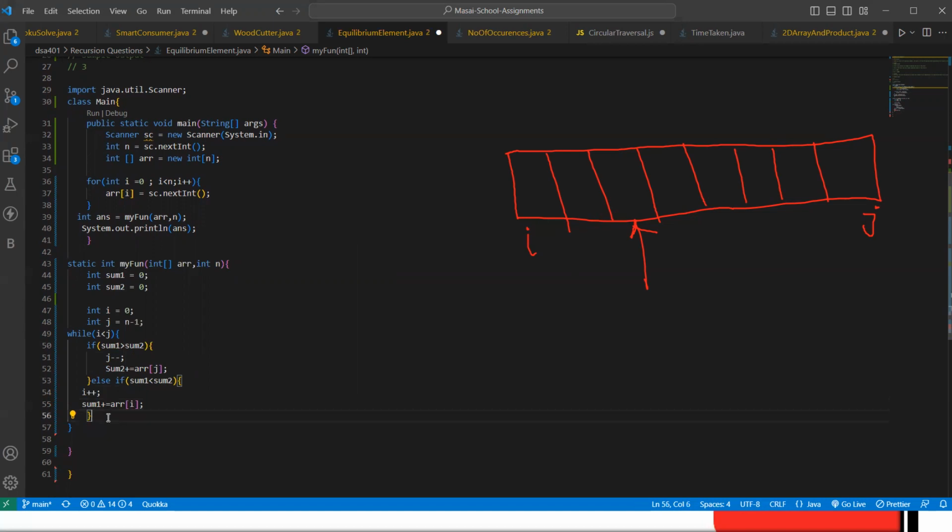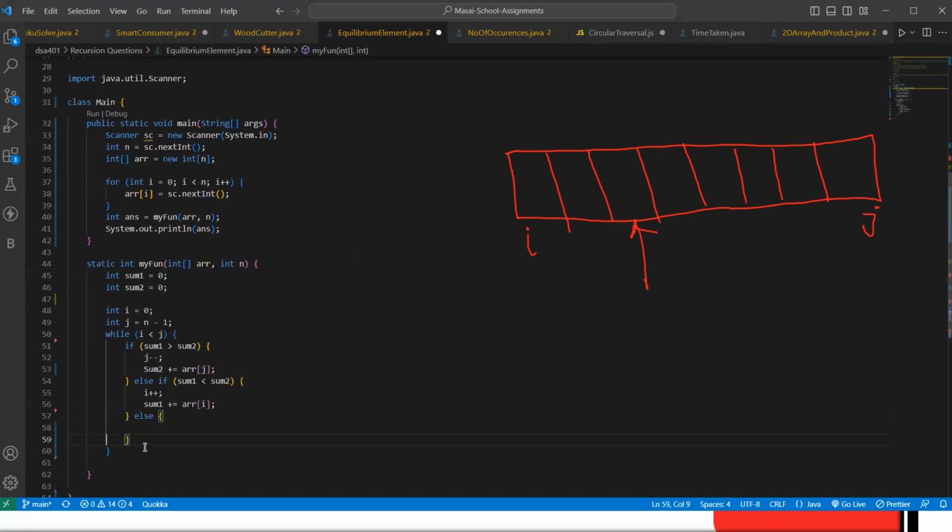After that, there is one else condition, for the case where our left sum and right sum are equal. This is the case at the first time, where sum1 and sum2 may be equal or may not be equal. sum1 can be greater than sum2 and sum2 can be greater than sum1. This case may happen when we add this value and this value in sum1 and sum2, then both sum1 and sum2 are equal. At that time we add both elements from this side and this side.